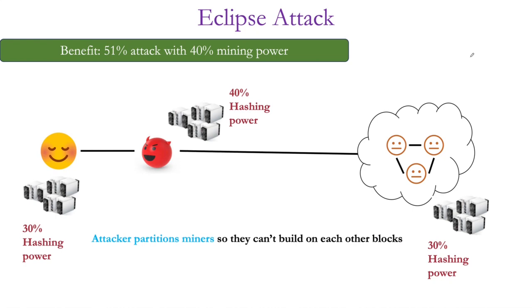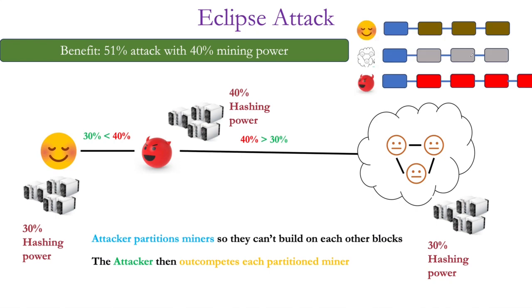New transactions, when they reach the maximum transactions in the block, will be accepted by all other participants, right? But whether those transactions are modified or not is not known. So the attacker then auto-completes each partitioned miner's work and becomes the winner, and the attacker's block is going to be added to the blockchain. The 30% hashing power is obviously less than the attacker's 40% hashing power, so the attacker will get the chance every time to build a block.